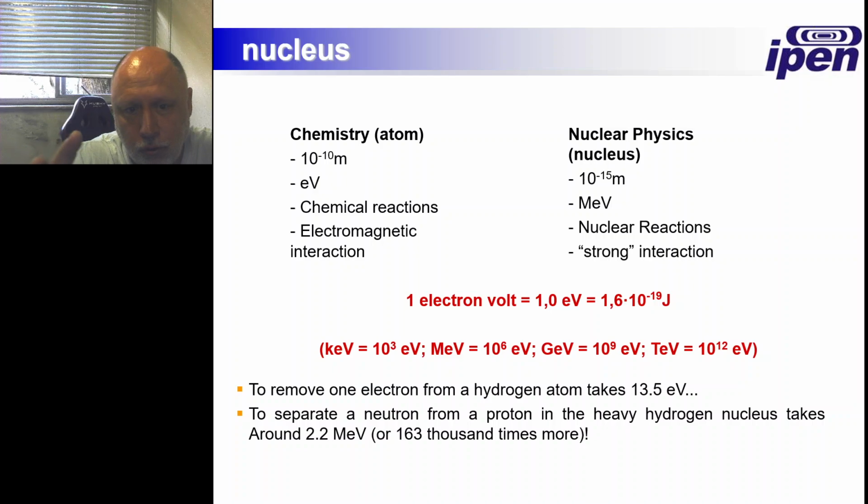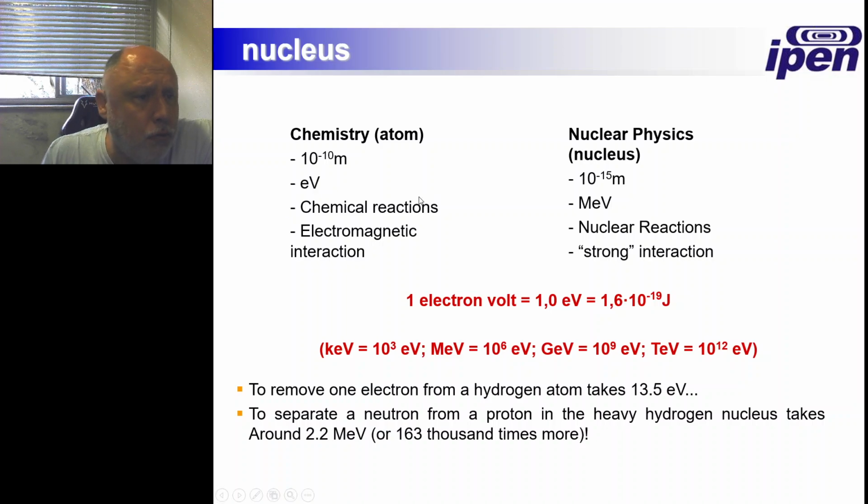All you need to know, you don't need to know how to convert it to joules. You can do this later. But the important thing is to understand that electron volt is a unit of energy, right? So in the nucleus we have almost 1 million times more energy, right? And that's what made people start to think, okay, we should use this to release energy, right? And then you think quickly of electrical power and you think of explosives.